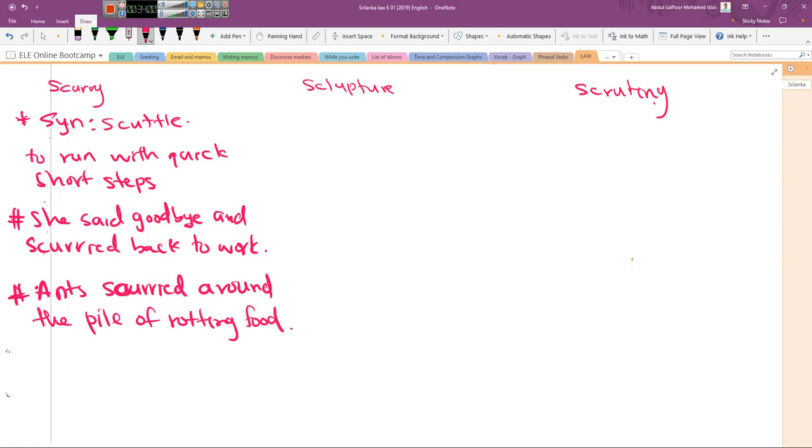Now the meaning is to run with quick short steps, right? So she said goodbye and she scurried, she rushed to work, right? And ants were running on the rotting food. Now we will look at the word sculpture. Sculpture means a work of art that is a solid figure or object made by carving or shaping wood, stone,